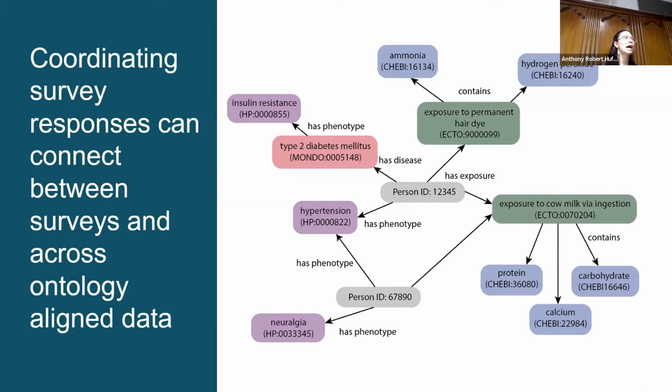When we start to add in a variety of hundreds of survey questions and thousands of patients, it creates an interesting web where we hope to be able to see some patterns in exposures and potentially patterns in some of these outcomes, these disease or phenotype or positive outcomes, right, that might be related to the exposures. So